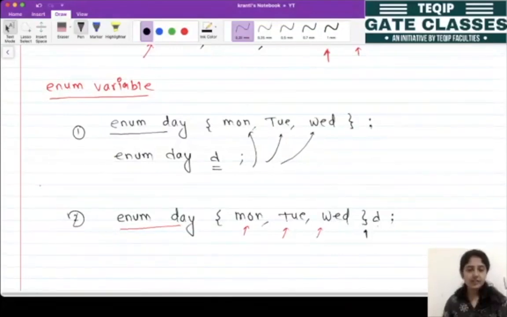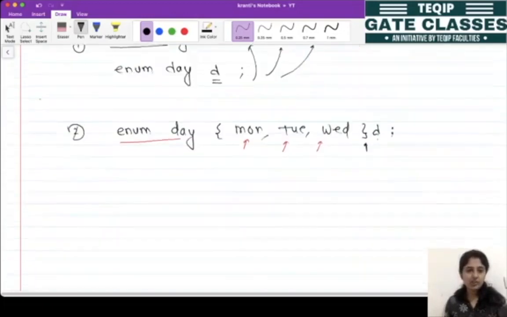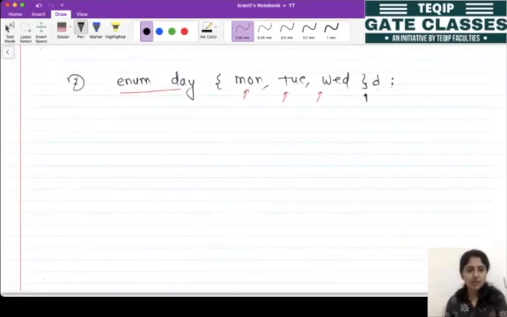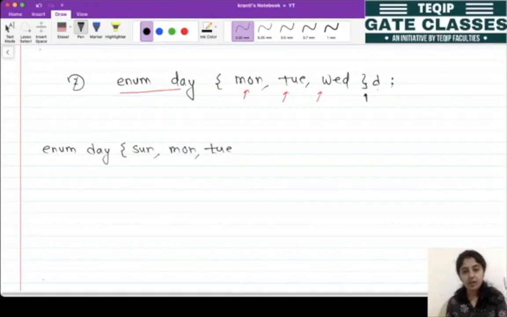Okay, so let's write one small program here. Anyway we'll see this thing on an editor. So let me write one small program. So let me declare one enum. So this is my enum day. Okay, and inside this I am passing the values. Let's say Sunday, Monday, Tuesday and Wednesday. तो यहाँ पे कितने भी values we can pass. So now this is my main function.